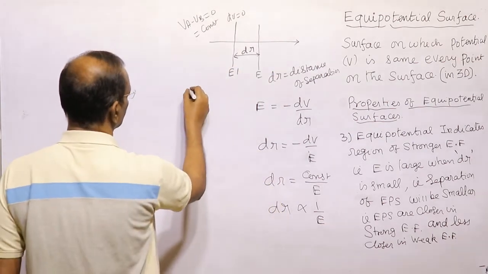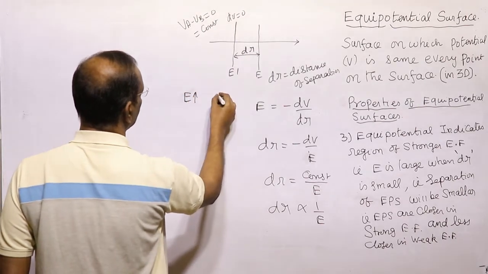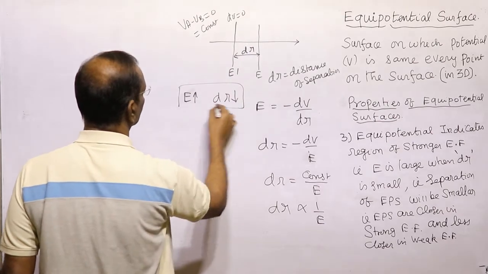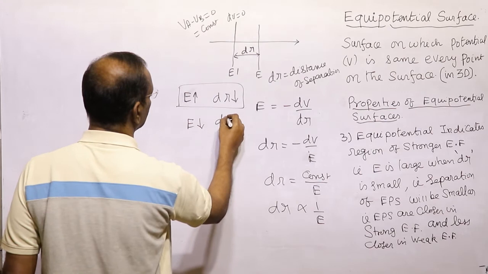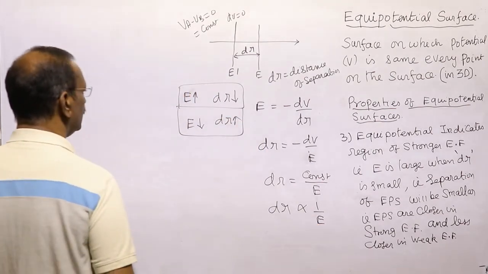If E increases, then dr decreases, and if E decreases, then dr will increase, according to this relation, inversely